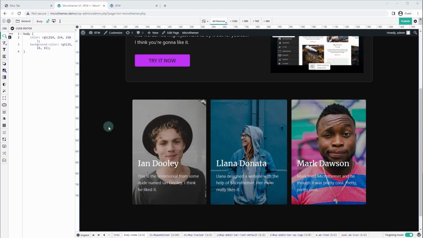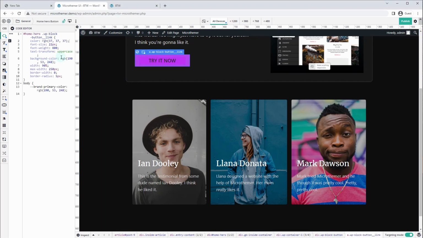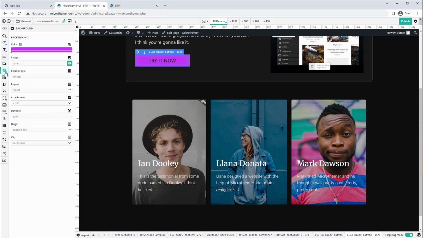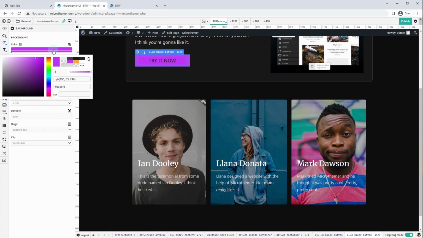Next up, let's look at how MicroThemer works with CSS variables. If you remember, we just defined that CSS variable color for this brand primary color earlier, but we haven't used it anywhere. So let's click on this button, and you can see that we've just manually set the background color. But let's go into our background settings here. And if we click on the color option,